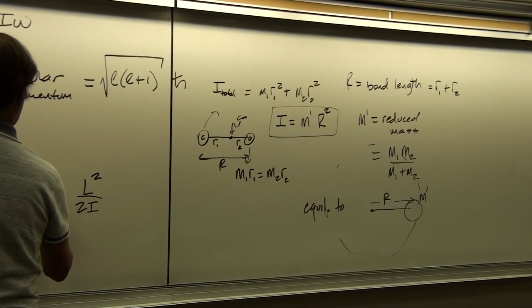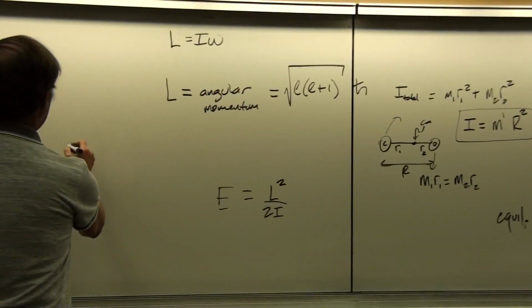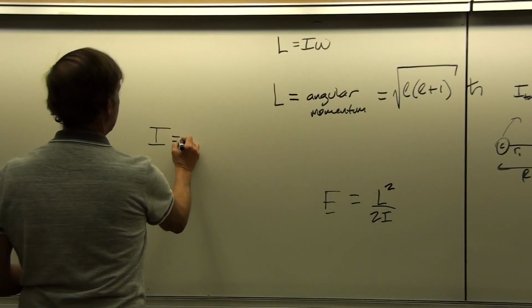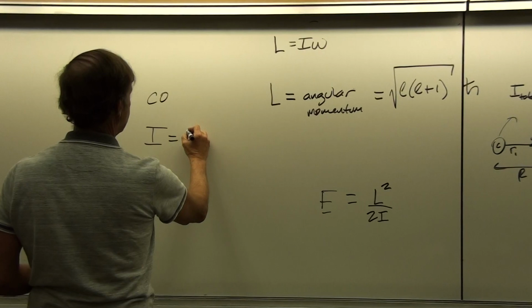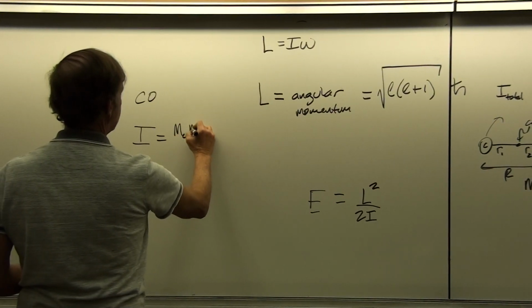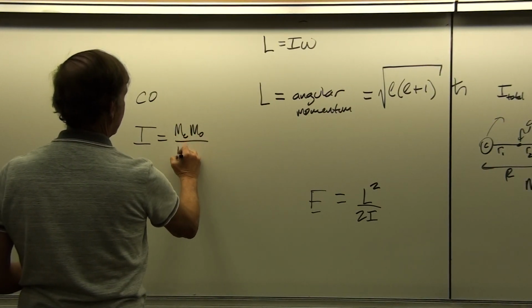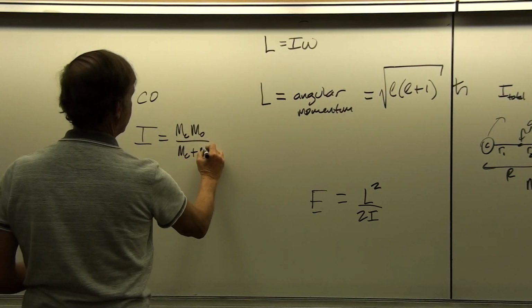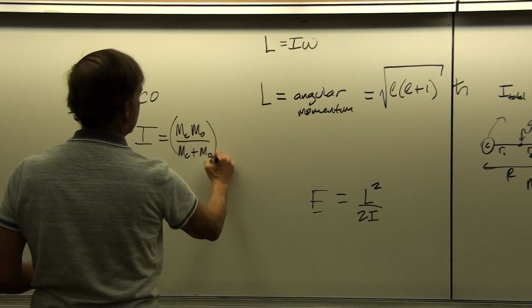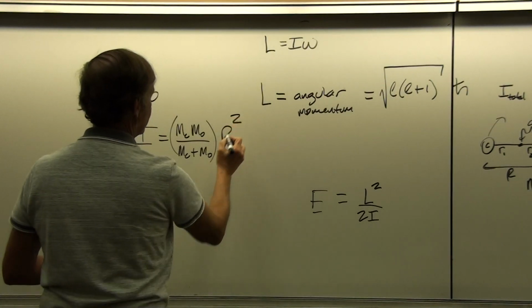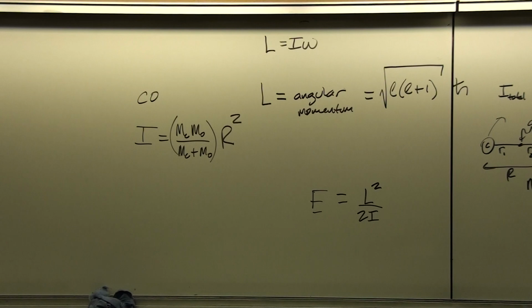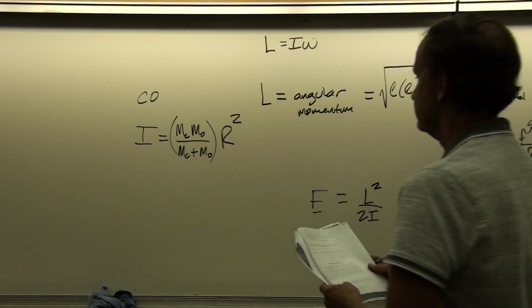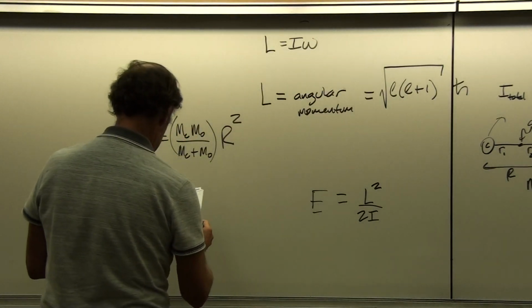Here we've got E is equal to L squared over 2I, but our moment of inertia for CO is going to be equal to mass of C times the mass of O divided by the mass of C plus the mass of O times R squared. And let's say that we know what that bond length is,